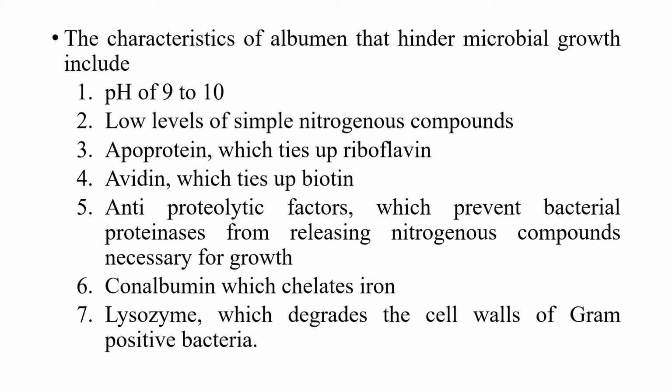First is its pH. Its normal pH range is between 9 and 10, which is not favorable for the growth of most microorganisms. Besides this, it contains only low levels of nitrogenous compounds, and the ovoproteins tie up the riboflavins, so they are not available for the microorganisms. The avidin also ties up the biotins, and some anti-proteolytic factors prevent bacterial proteinases from releasing the required nitrogenous compounds for